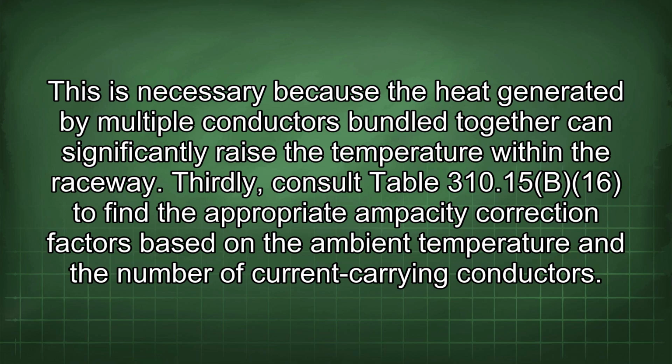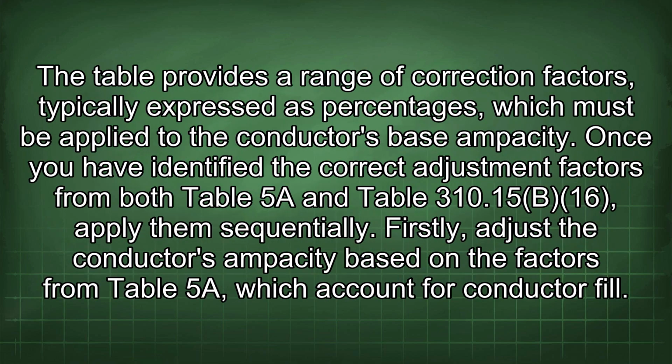Thirdly, consult Table 310.15(B)(16) to find the appropriate ampacity correction factors based on the ambient temperature and the number of current-carrying conductors. The table provides a range of correction factors typically expressed as percentages, which must be applied to the conductor's base ampacity. Once you have identified the correct adjustment factors from both Table 5 and Table